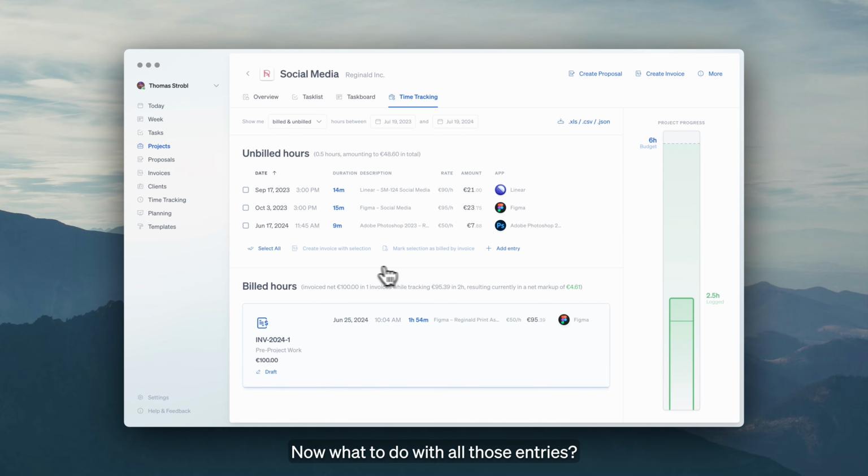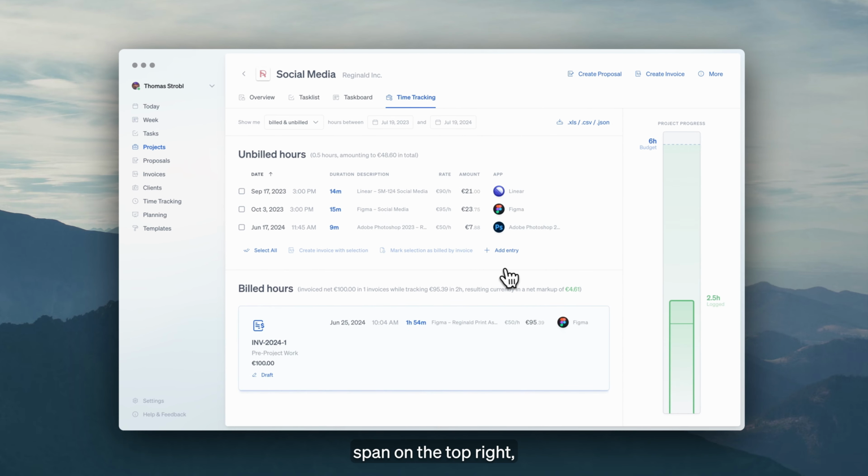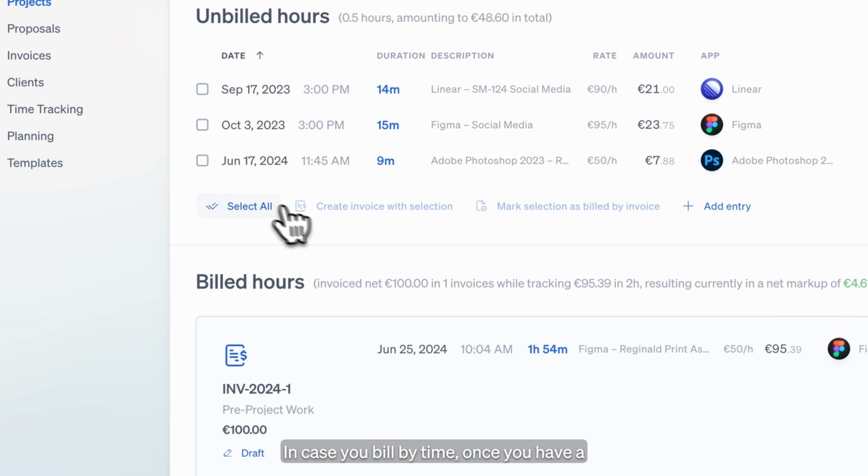Now, what to do with all those entries? You can always export data of the currently filtered time span on the top right, but mainly there are two main results. If you bill by time, it makes sense to turn those entries into invoices. If you bill by flat fee, it makes sense to mark entries as billed by an invoice. In case you bill by time,